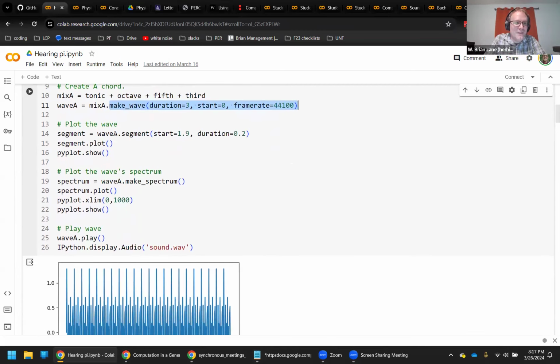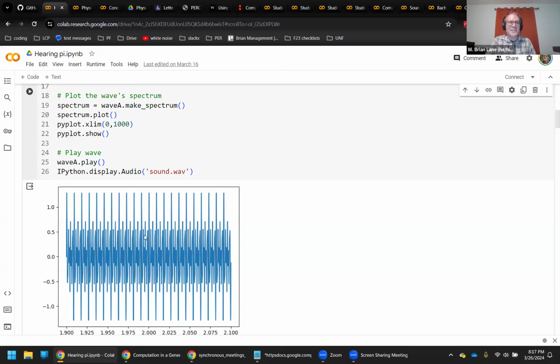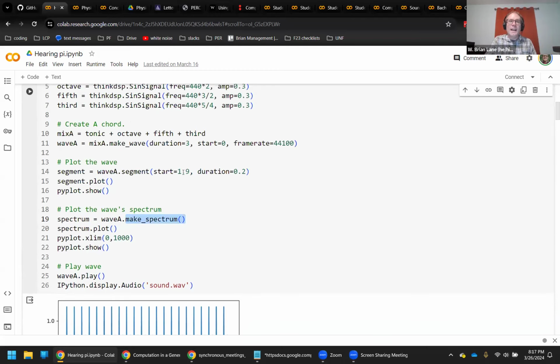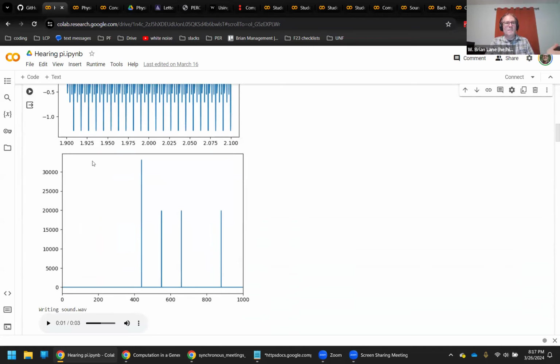You can plot the wave. Again, the type of thing we're accustomed to doing. We all probably recognize this as a nice superposition of those 4 waves that I talked about. This is what an A major chord looks like to a physicist. But I can get another view because I can also plot the wave's spectrum using this make spectrum function. Again, all we're doing is taking the original wave that we created, and we're just using a function that the library attaches to that to get out our spectrogram here. And so now we've got those 4 frequencies, again, a higher volume at the lowest frequency and a little bit lower volume at the higher frequencies.